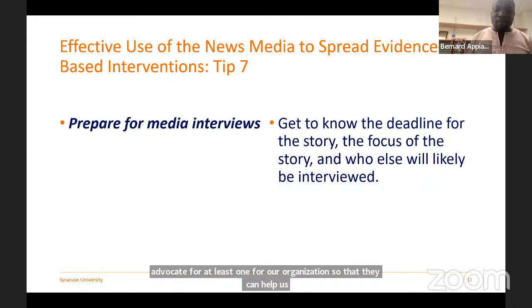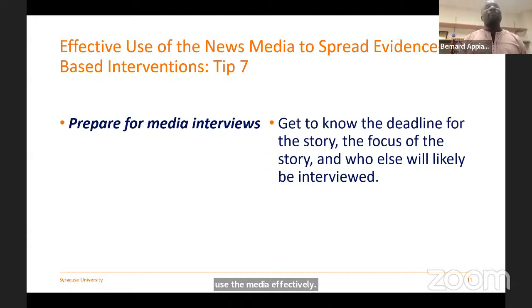We also have to prepare for media interviews. My first experience as a person to be interviewed by the media happened when I was a pharmacy student, and I was then a student editor. We published a story on different types of snoring, and so the media was interested in it and they interviewed me on it. It wasn't easy, even though on radio people are not seeing you. I was just shivering because that was my first experience with that.